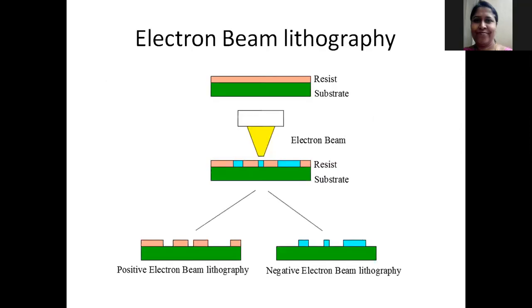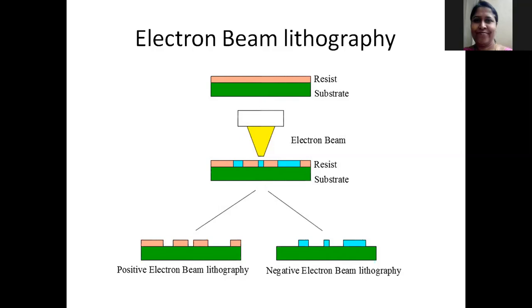Coming to electron beam lithography, as the technology is improving, we cannot use photolithography. Why? Because the dimensions of the chip are reducing and the width of the layers is also reducing. So here we have to make use of an electron beam in order to create the pattern on the chip precisely. The electron beam is made to fall on the chip in a scanned manner.